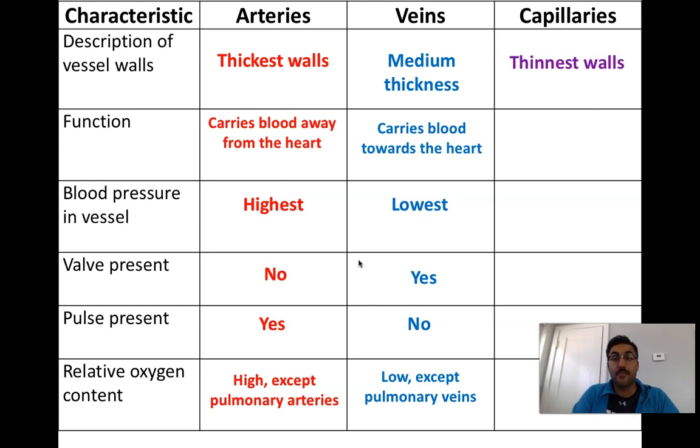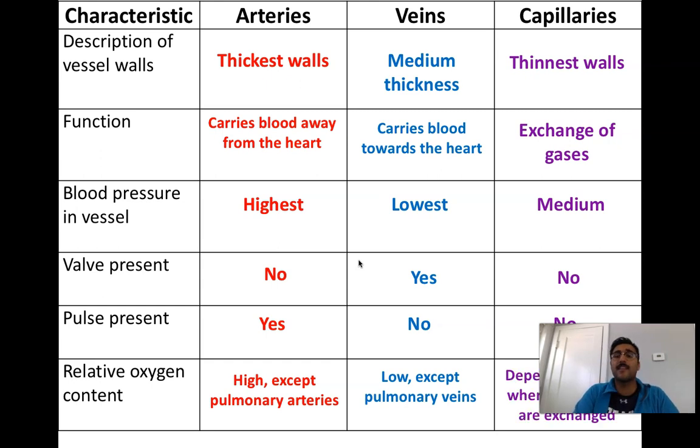Finally, capillaries have the thinnest walls. Their purpose is to exchange gases and waste in and out of blood and tissues. Blood pressure is relatively middle ground here, but the speed is slow so that we can allow time for that gas exchange. There's no valves necessary nor present in capillaries. There's no pulse present in capillaries because the pressure is very, very low in capillaries,